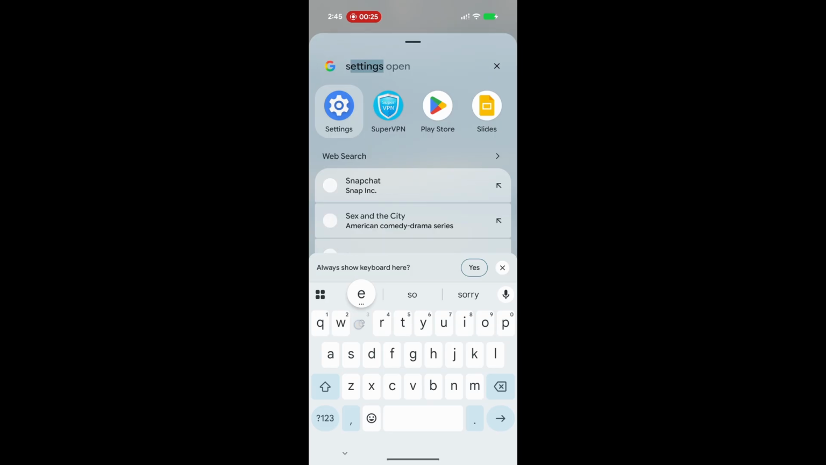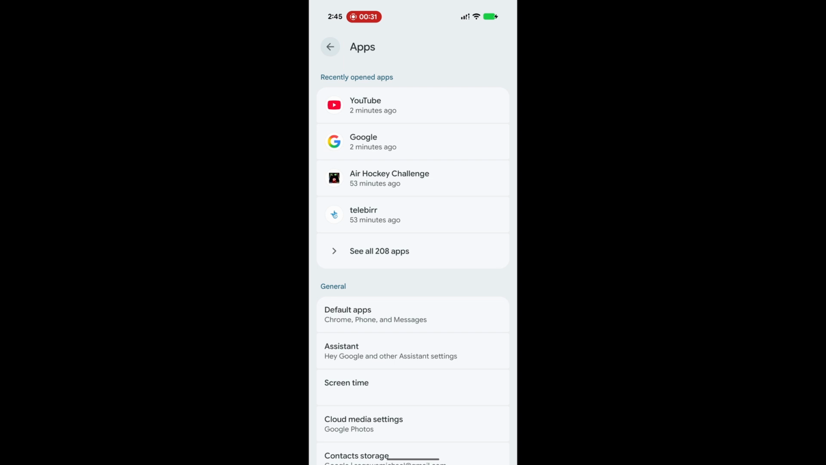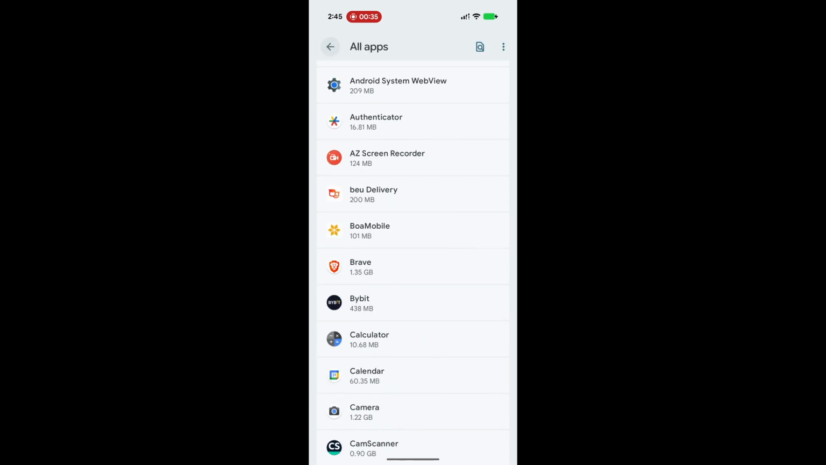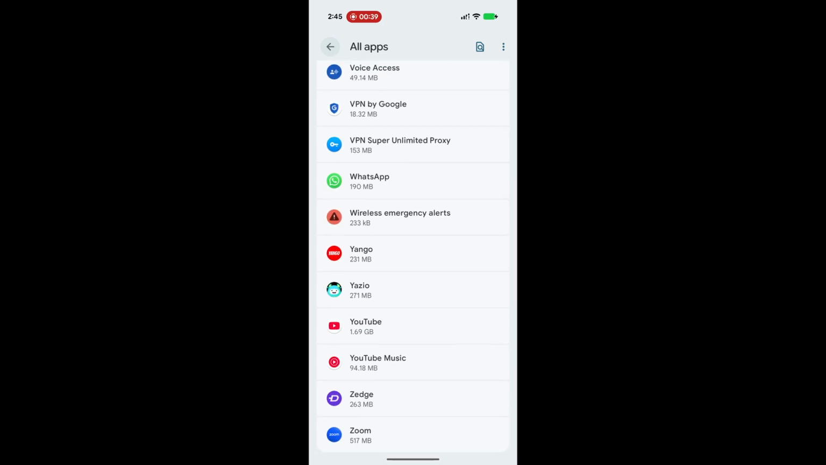for settings, open up settings, select apps, then see all apps, then we'll go down and search for YouTube, then select YouTube,